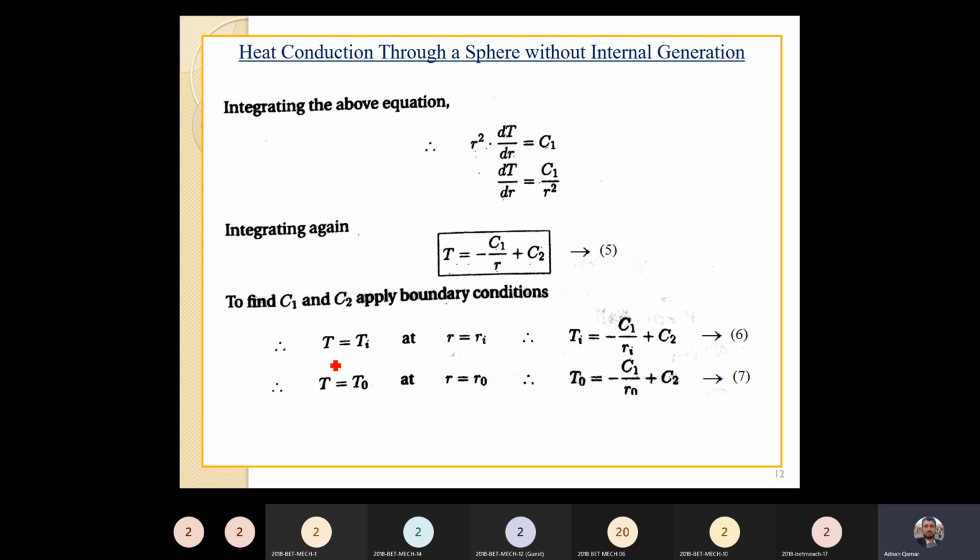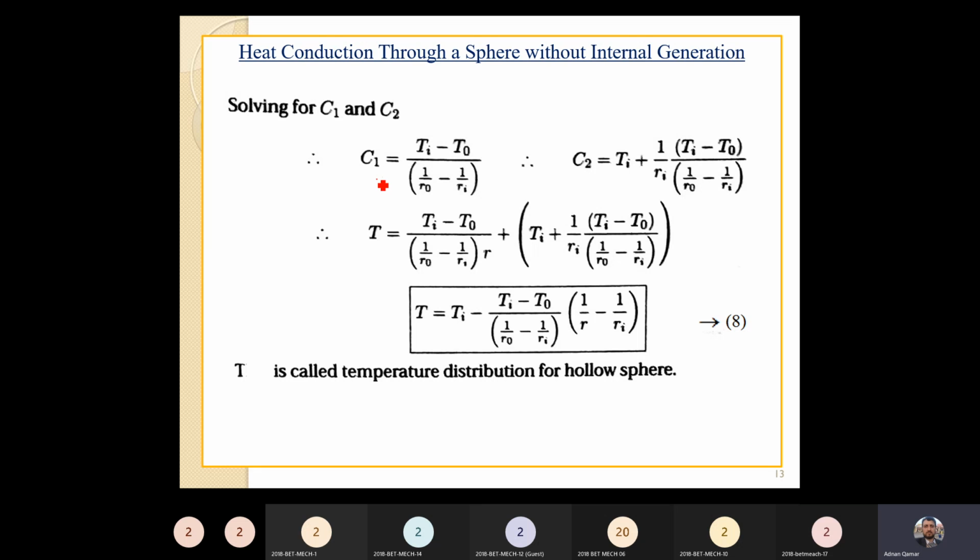To find the values of c1 and c2, you have to apply the boundary limits. So at T is equal to Ti, at the center, at r is equal to ri, you have this equation: Ti is equal to minus c1 over ri plus c2. And at T is equal to T naught, at r is equal to r naught, you have this equation: T naught is equal to minus c1 over r naught plus c2. So by simultaneously solving equations 6 and 7,